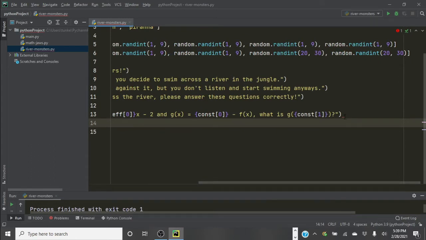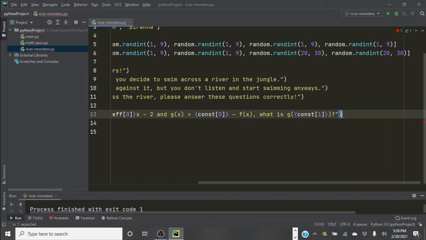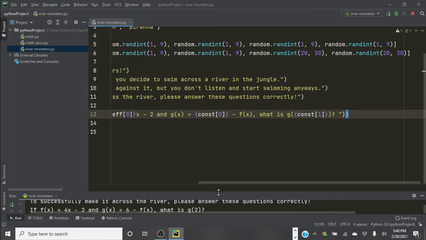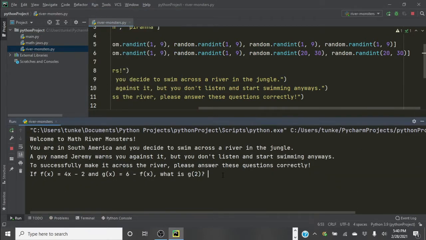It looks like we have something going on here. Okay. All right, let's save it and then run it again. Okay, so